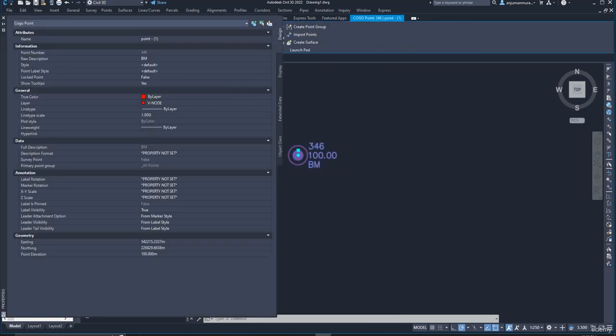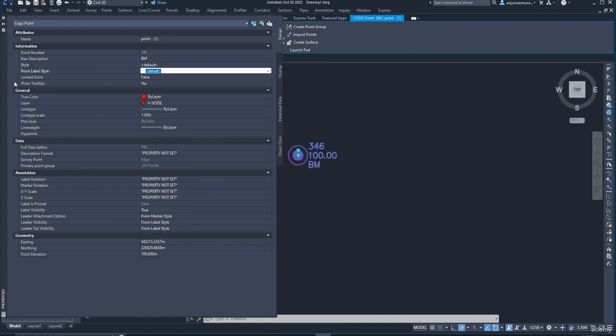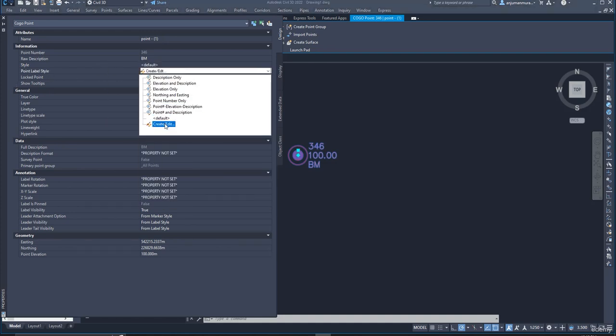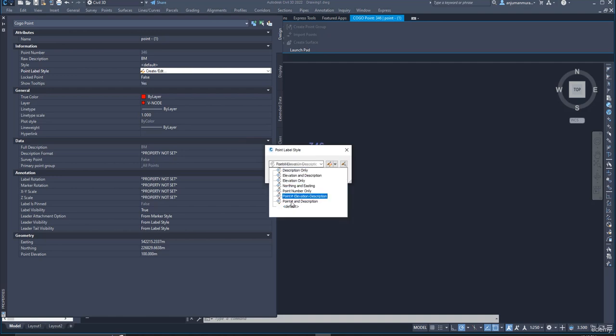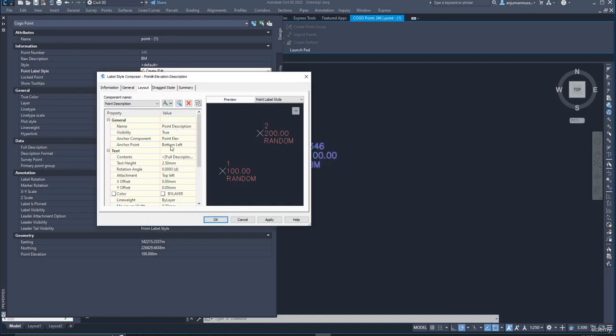Go to property. From property you can easily go to the style. From the style, for the point label style, click and click on current edit, select from here any label style and double click. Once you double click, from here you can easily change the text height. For example, I'm going to enter 3. You can also change the rotate angle from here. If you want to put 90, it will be